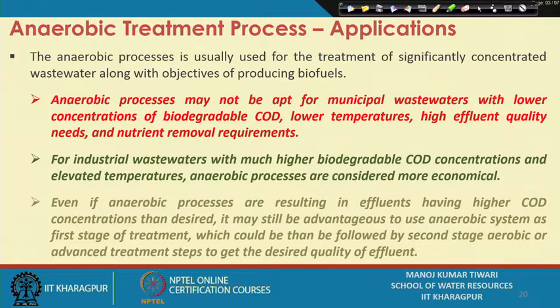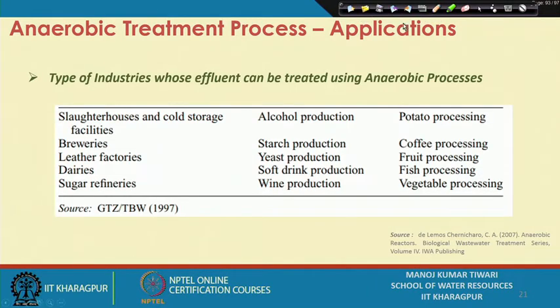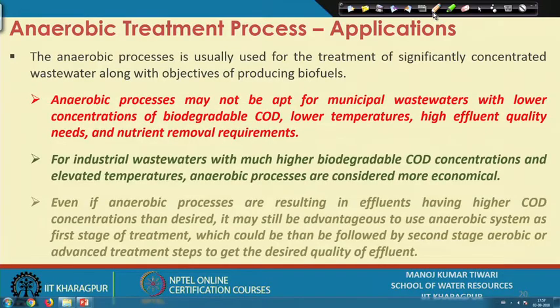But for industrial wastewaters, if we see, industrial wastewater generally has a significantly high amount of substrate concentration. So, then with much higher biodegradable COD concentrations, it becomes very good to go for an anaerobic system. Okay. Their temperature might also be elevated, and the volume is less. So, that way we can go for a high rate anaerobic treatment process, and we can get, even if we